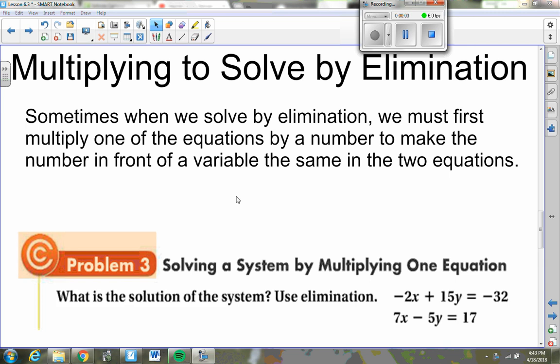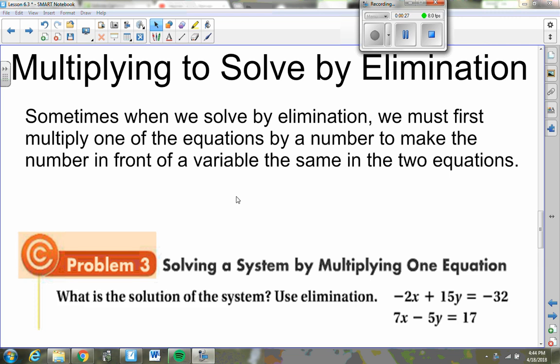All right, Algebra 1A students, welcome to part 2 of your video on lesson 6.3. Today we're going to continue talking about solving systems of equations with elimination, but we're going to do one extra step in this video that we will run into quite often when we're trying to deal with solving a system